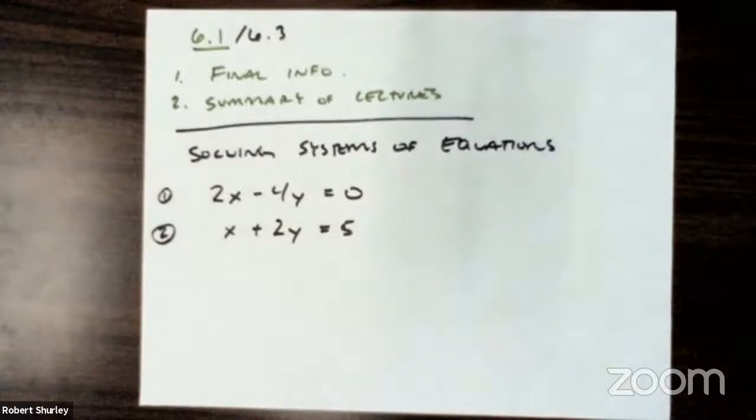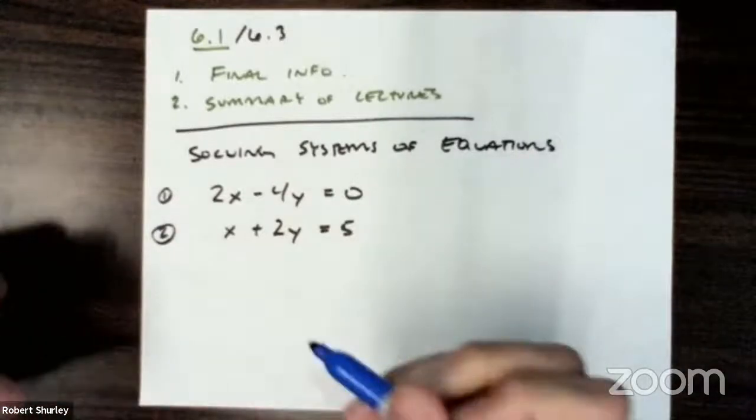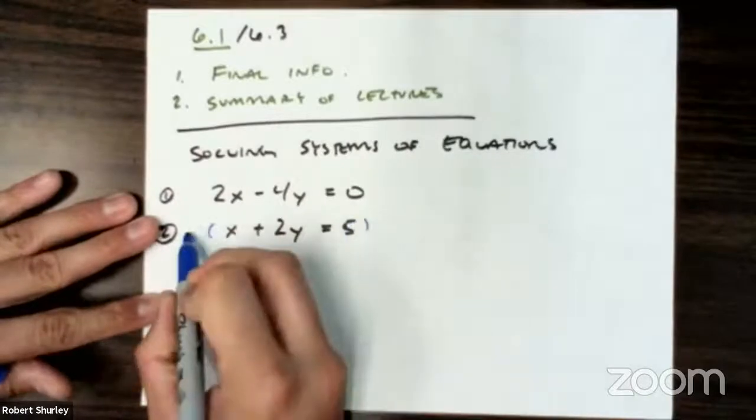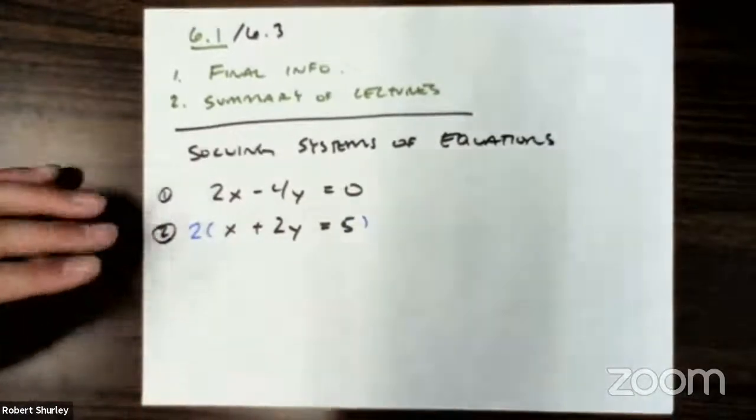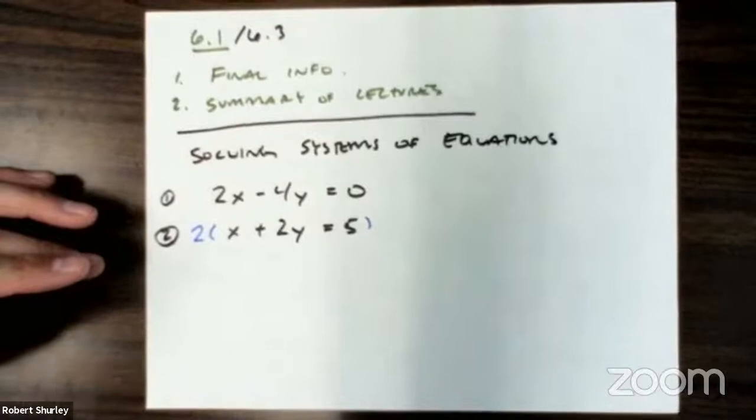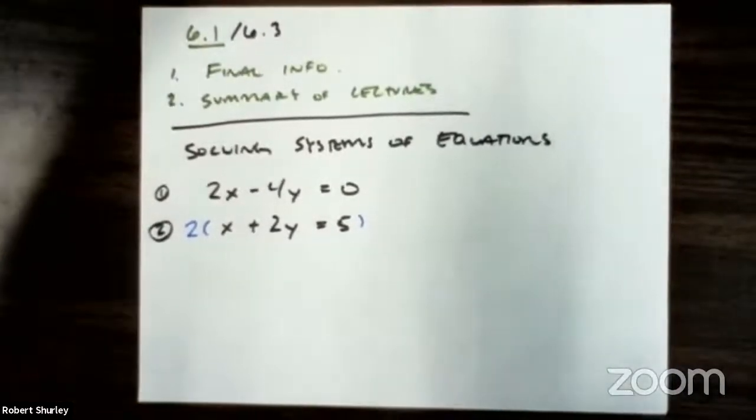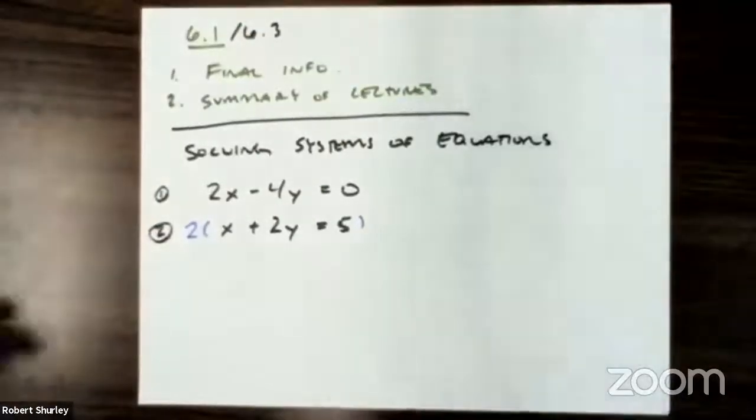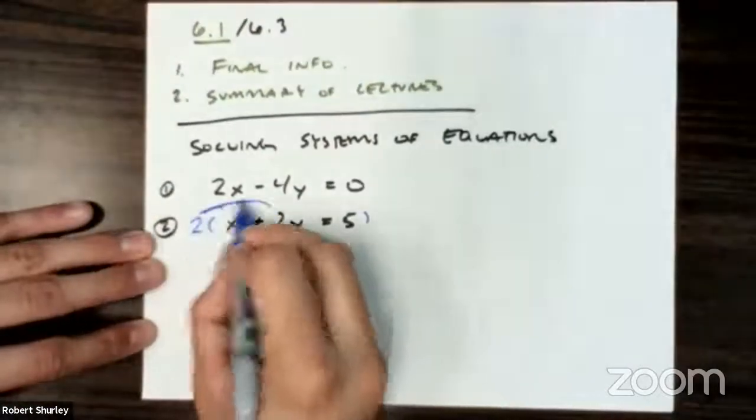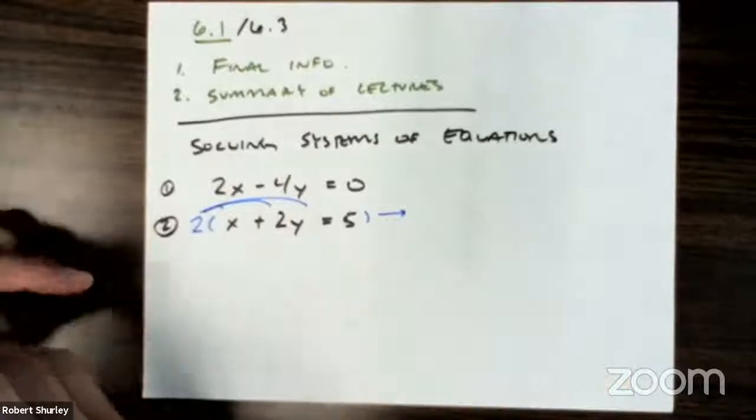To do that, and this is a review, we could multiply this entire equation by 2. And when we distribute this, we'd wind up with, and I'm going to write it over here,